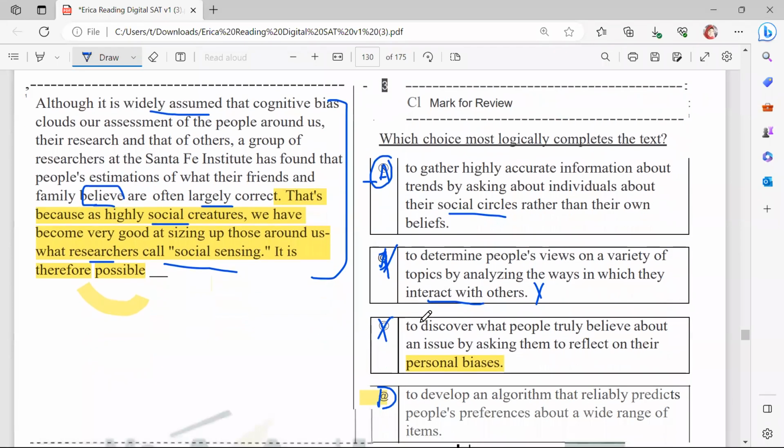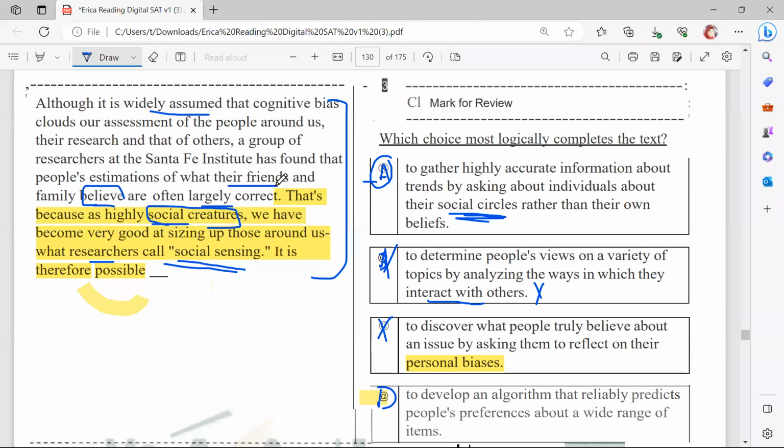So I'm not talking about interactions, okay? That's because as highly social creatures, we have become very good at sizing up those around us, what the researchers call social sensing. It is therefore possible to gather highly accurate information about trends by asking individuals about their social circles,